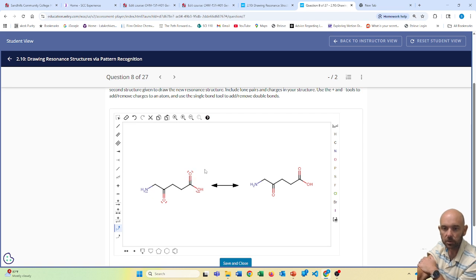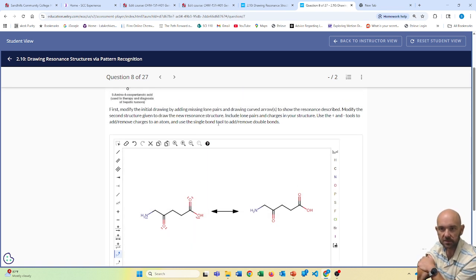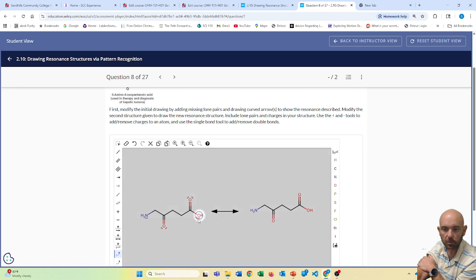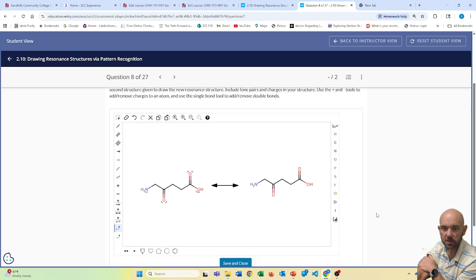I agree we could do lone pi bond between atoms of differing electronegativity and move this one here as one resonance structure, but they are specifically asking for lone pair next to a pi bond, so we are going to move one of these lone pairs to a new bond and then make room for that by moving the pi bond that it is adjacent to, making sure we get correct formal charges on the oxygens that have